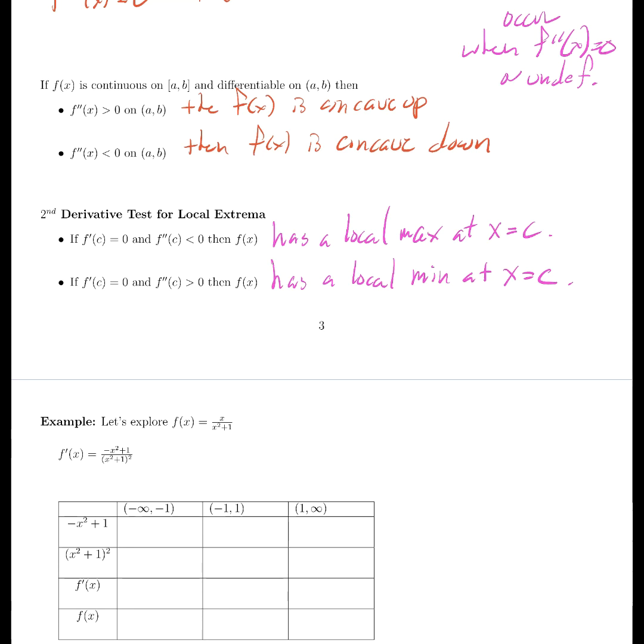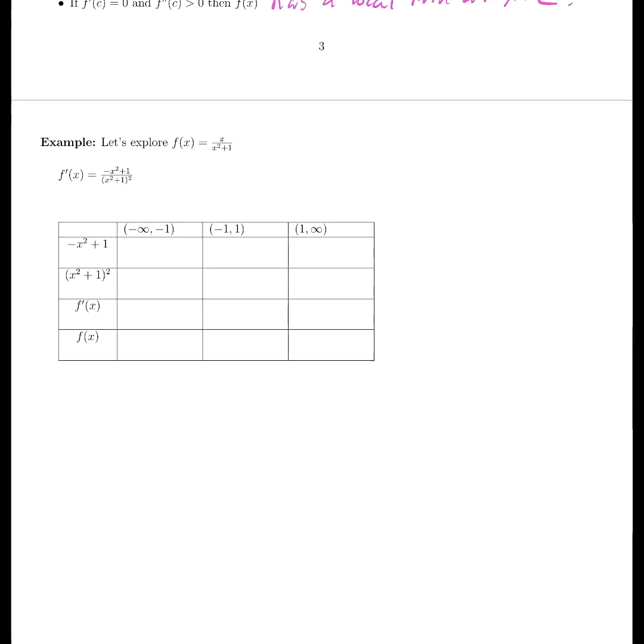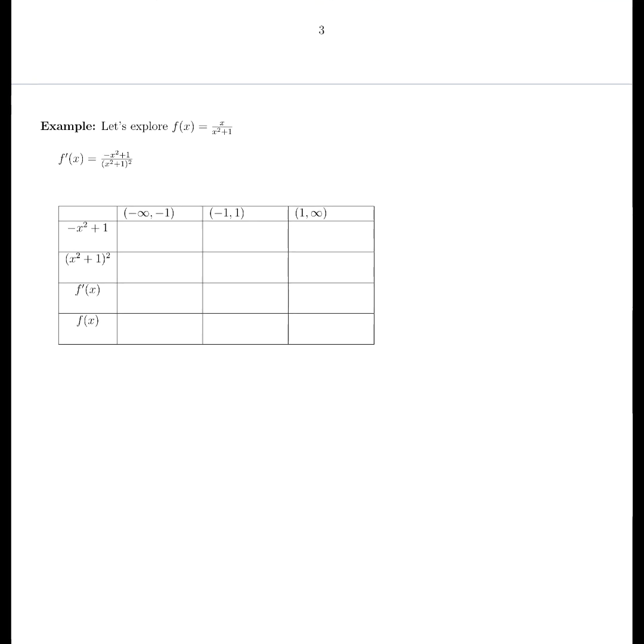Okay, let's look at one more function. I know this takes a while to get all these ideas down, so I've done some derivatives for us. Here's a function, x over x squared plus 1. Let's see what we can learn about it. First, its derivative, I used the quotient rule, you can check it if you want, is negative x squared plus 1 over x squared plus 1 squared. And so the critical numbers